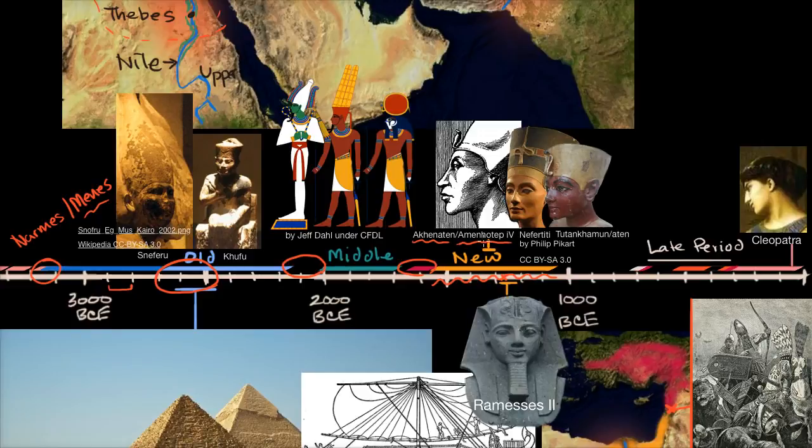It means Amen is satisfied. What is considered kind of the equivalent of Zeus. You have the god here, Horus, once again, a very significant god at different times in Egypt. But what was interesting about